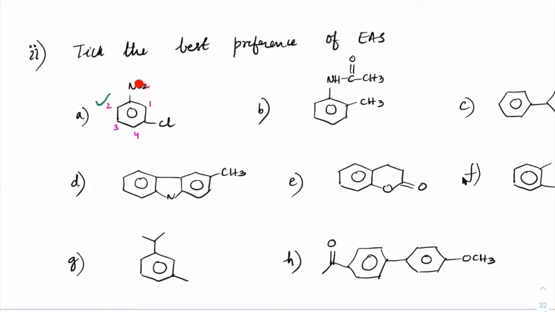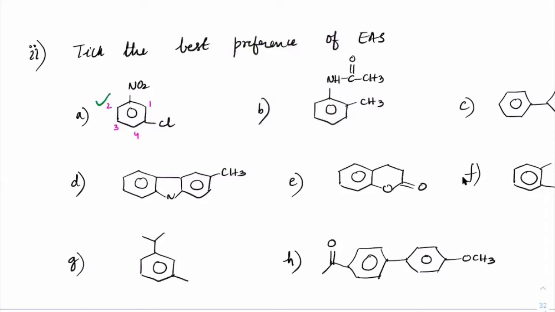But NO2 may give withdrawing nature, but the decision of EAS will only lie with the one which is donating or which has at least less deactivating nature. Correct? There may be a slight amount of crowding here. So thermodynamically, it may not be a very stable product. Clear? But with respect to EAS, you always see the kinetic product first. So kinetically, where should it come? On the second position. But it is not the NO2 which is deciding now, beta. It is the chlorine which is deciding now, correct?